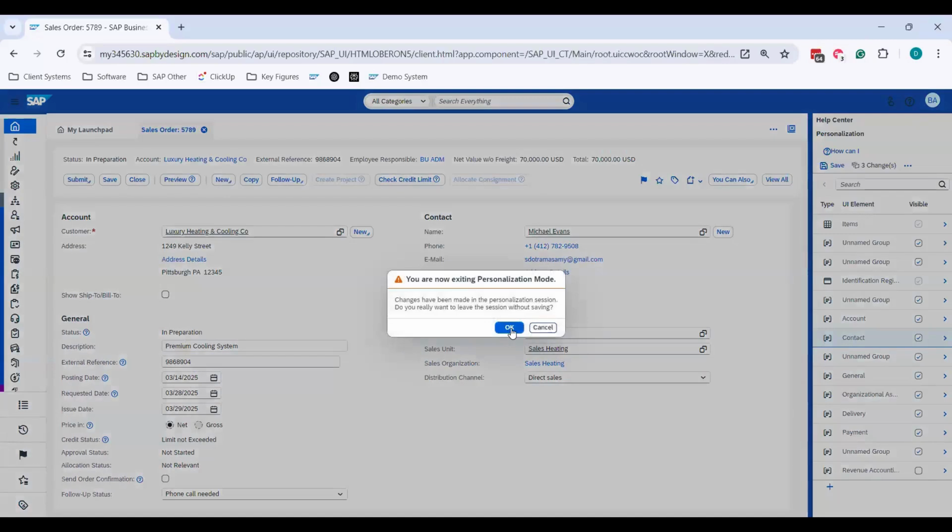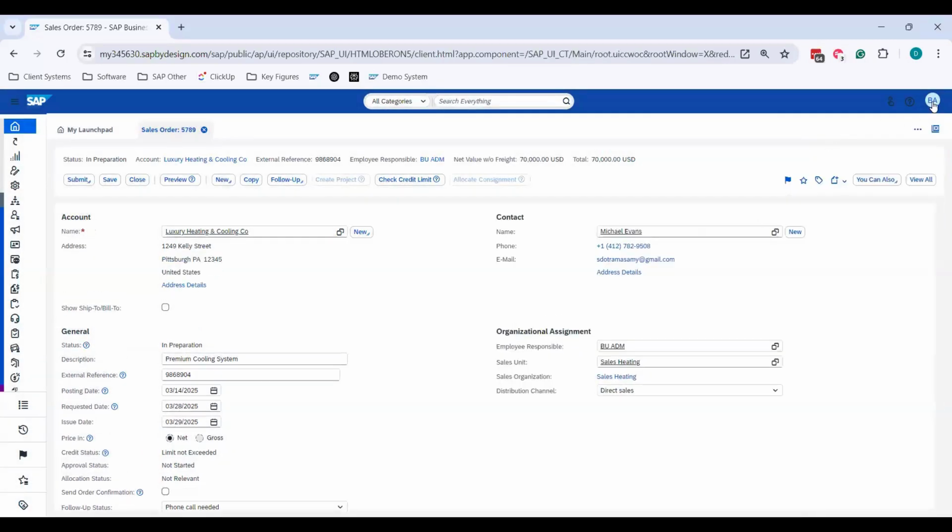Stop personalization mode, and I'm not going to save. So now I'd like to go to adaptation mode so I can show you a few more features. The difference between personalization mode and adaptation mode is